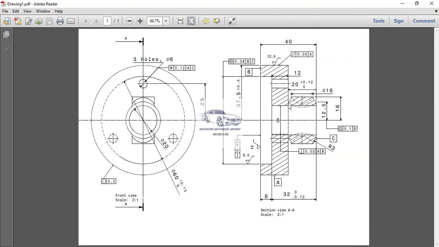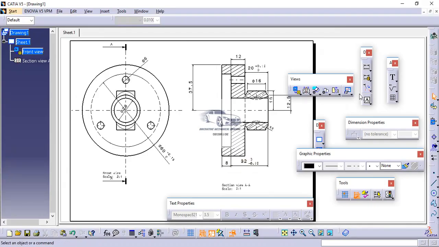Then again here we have this last dimension to be toleranced, that is 37.5 plus minus 0.5. So for that we can give this dimension here, vertical dimension. Okay, I have already that dimension.